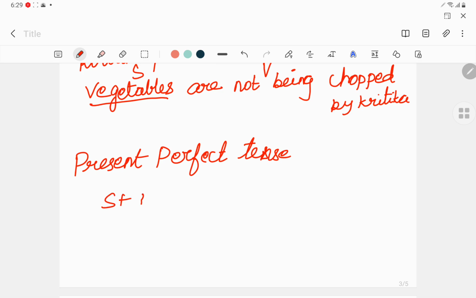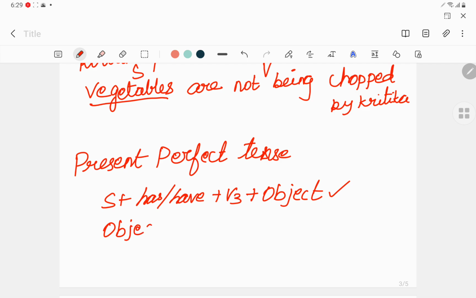Subject plus has or have plus verb 3 plus object. So here this is active voice straight away. Okay, present perfect tense. But if you want to change that into an object, which comes first as the object,